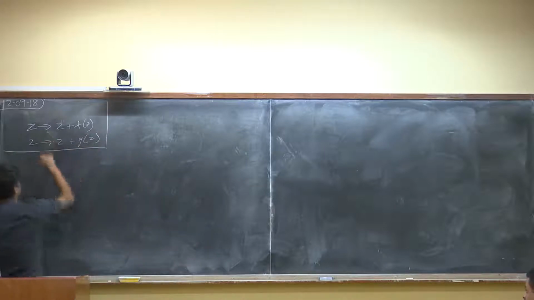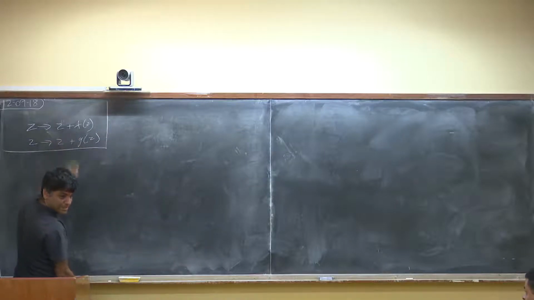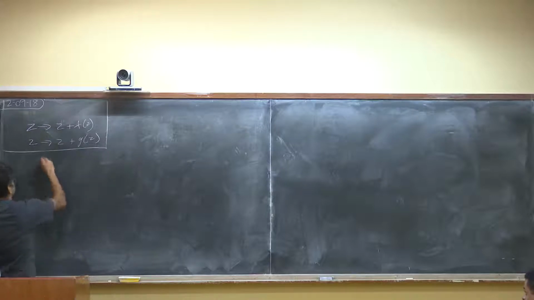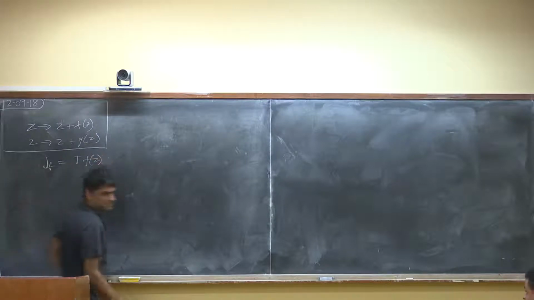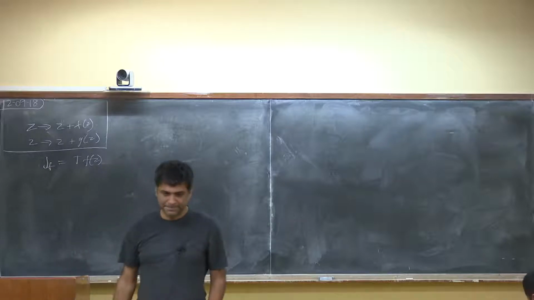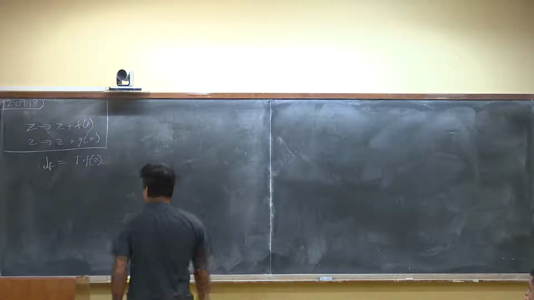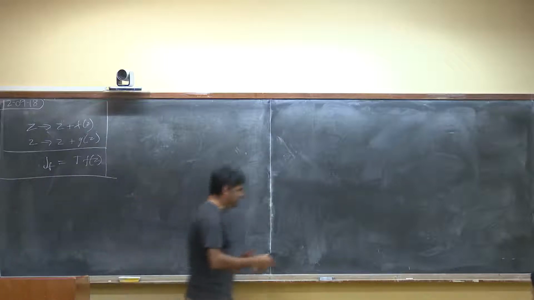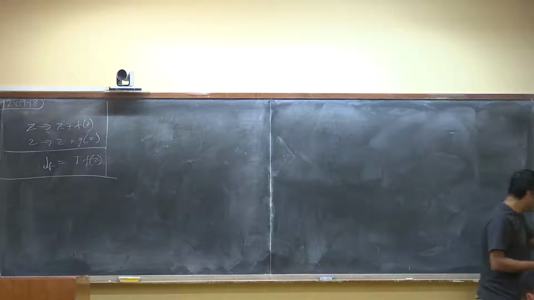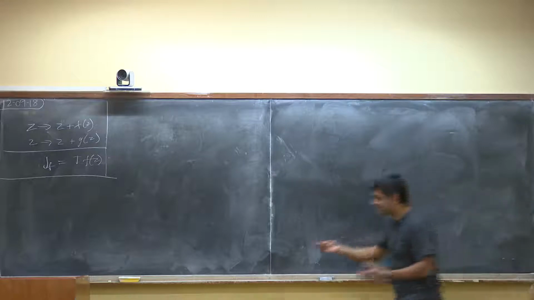And you remember that the generators of these transformations, the currents that generated them, J_f, was equal to T times f. I'm going to say basically the same thing, but in a language that is sometimes useful,